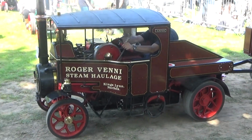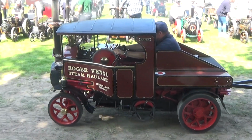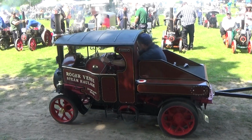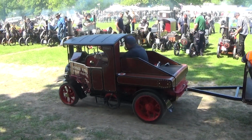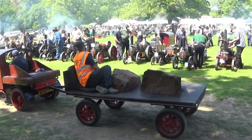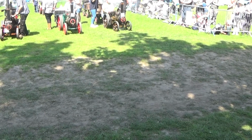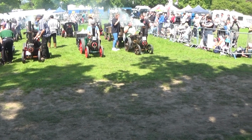Okay, coming next is a 4.5-inch scale Foden C-type lorry. This is called Runswell 2. It was built in 2010 and is owned and driven by David Etheridge. Thank you. There we are, David, one of our stewards and helpers here looking after the miniature steam this weekend, followed by